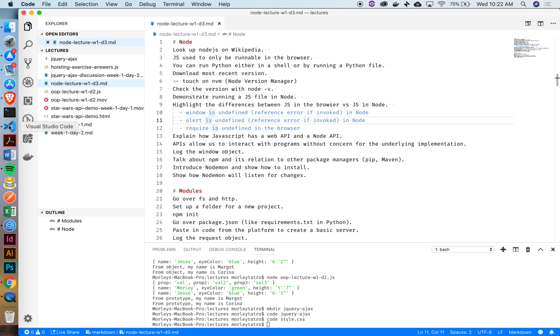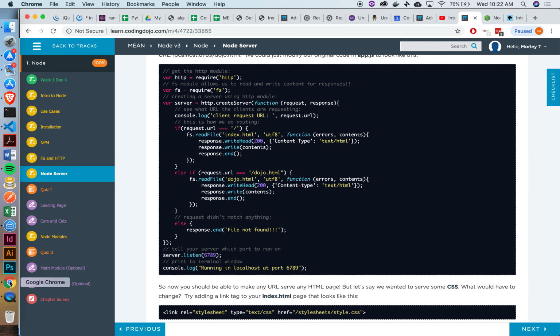So today what we're going to talk about is, as I mentioned before, Node, and make some contrast between what you've been doing in browser-based JavaScript with Node-based JavaScript. There are some differences that we're going to look into. First thing we'll do is just look up Node itself to have a better understanding of